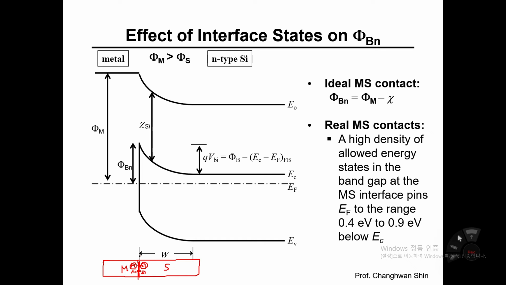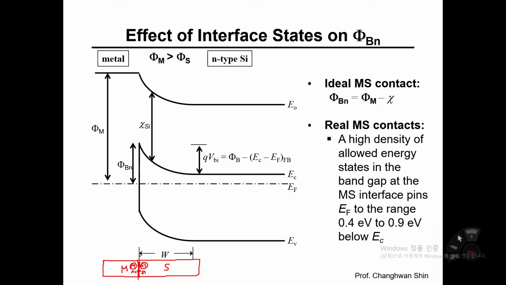Then in the energy band diagram, how do we express them? That's a good question, right? Many solid state physicists have studied how to draw the energy band diagram, including the impact of interface traps or defects between MS. This question has a long history, and many researchers have investigated with many experiments and theoretical studies, and it turned out that